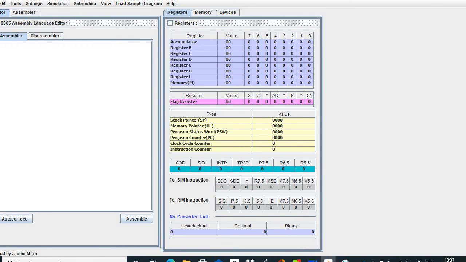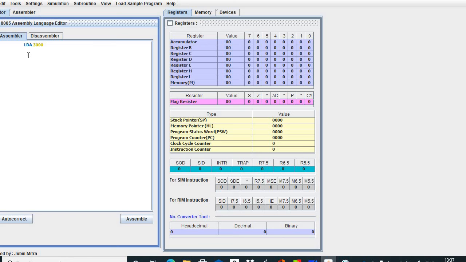In this simulator, as in the introduction in the previous lecture, this one is the editor window and that one is the assembler window. In the editor window, we can write the program. In this window, we can write the same program. That one is LDA 3000.